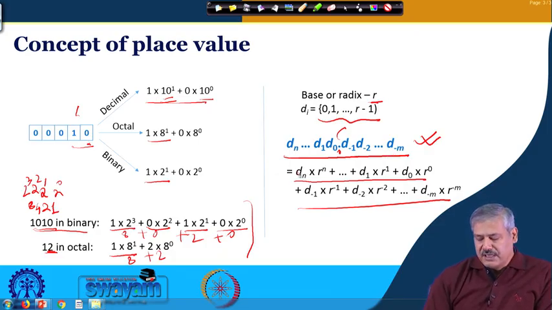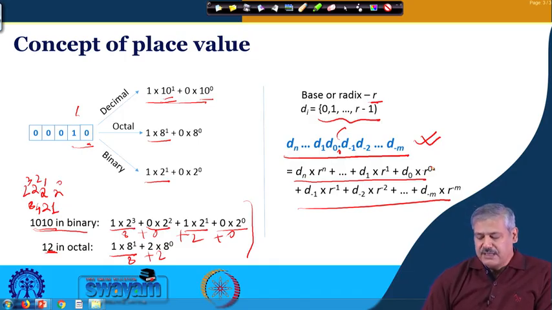Okay. So, in that case d_n into r to the power n, r is the base, plus d_(n-1) into r to the power n minus 1, that we will continue, right, up to d_0 into r to the power 0,